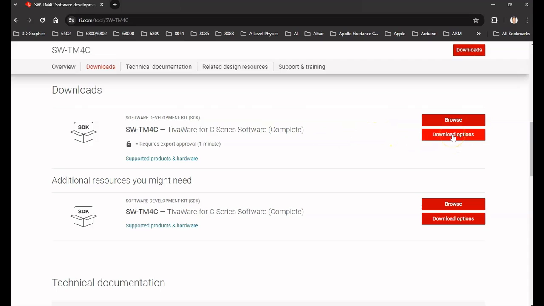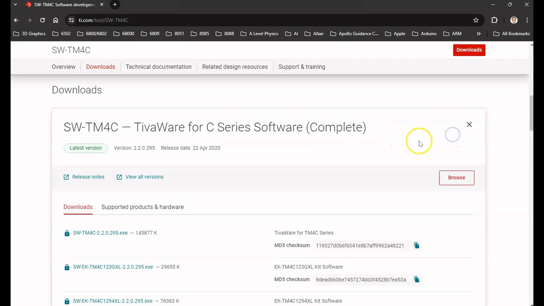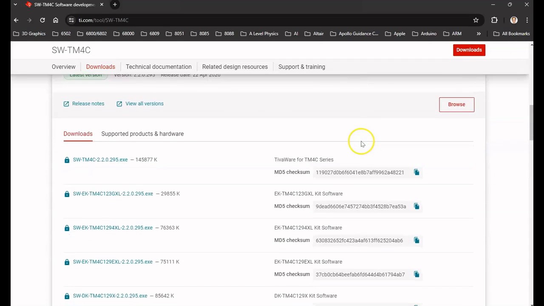Go to download options, click on it, and it brings you to this page, and then scroll down a little bit and you'll see this link here, SW-TM4C-2.2.0.295.exe. Now click on this link,